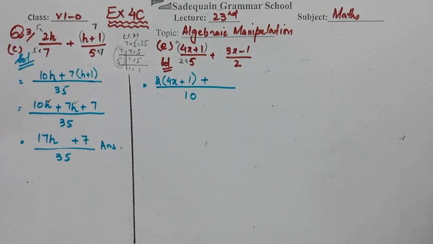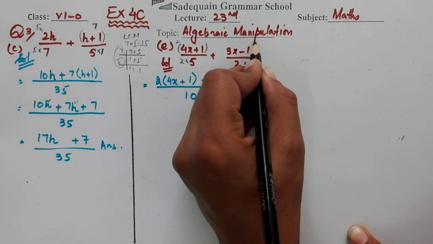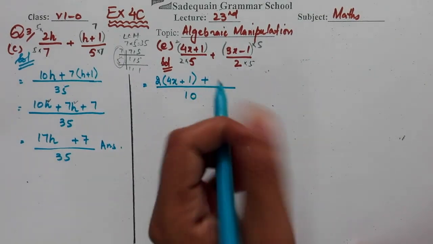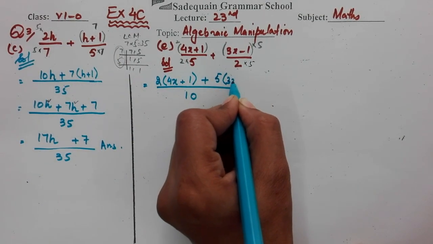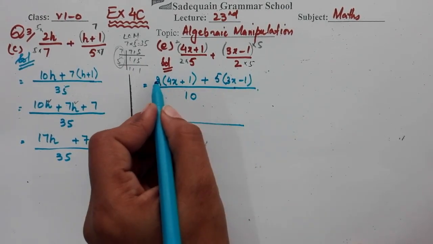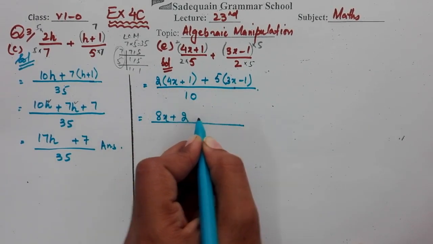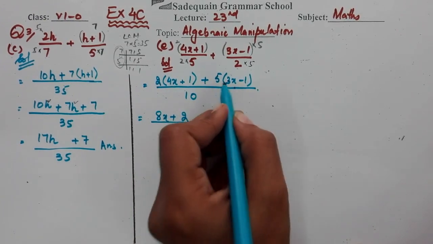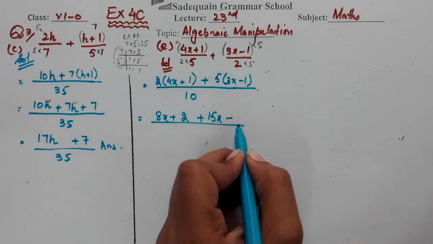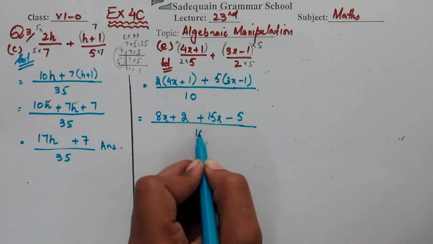Now plus here we have 2, so 2 multiplied by 5, it will be 10. So it means that here we also have to multiply 5 with this whole. So we will write it 5 multiplied by (3x minus 1). Done. Now in the next step we can multiply this. So 2 4s are 8x plus 2 1s are 2, plus, now plus plus, so plus 5 3s are 15x. Now here plus minus minus. Plus multiplied by minus will be minus. So 5 1s are 5, upon 10.